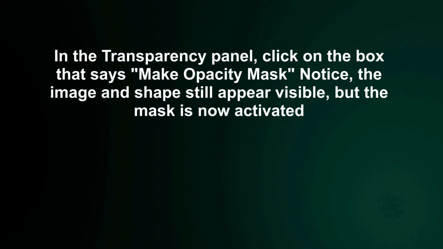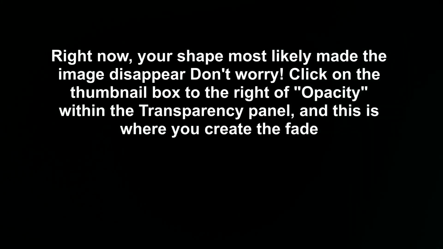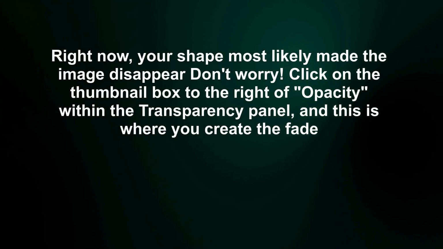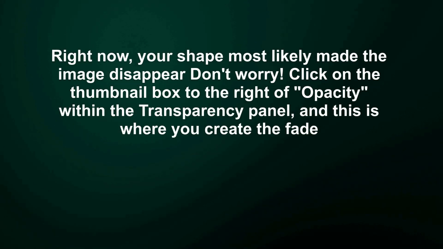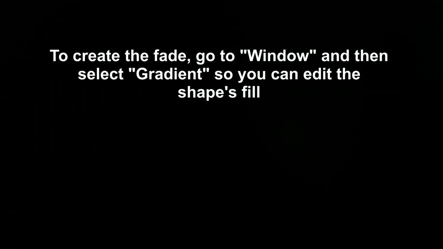Notice, the image and shape still appear visible, but the mask is now activated. Right now, your shape most likely made the image disappear. Don't worry. Click on the thumbnail box to the right of Opacity within the Transparency panel, and this is where you create the fade. To create the fade, go to Window and then select Gradients so you can edit the